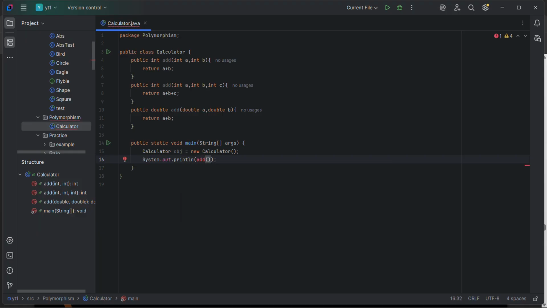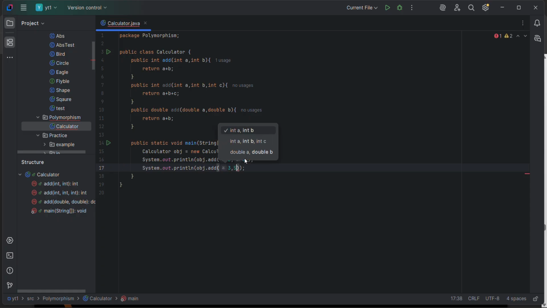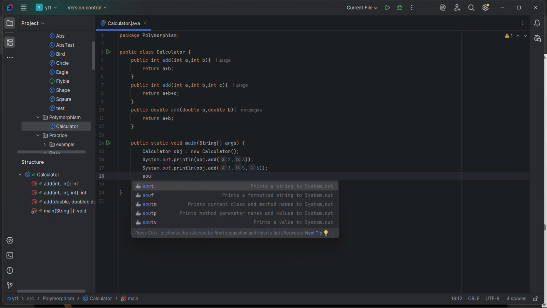First we add two integers, two and three. Now we add three integers, four, five, six. Now we add two doubles,